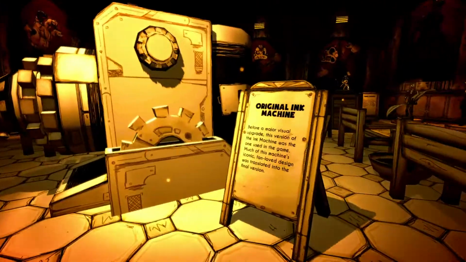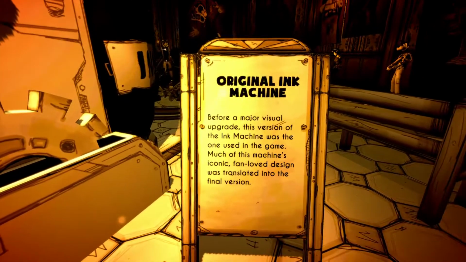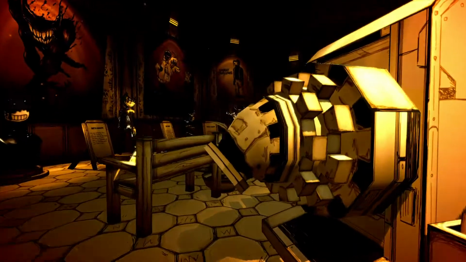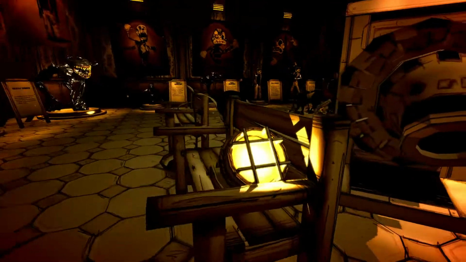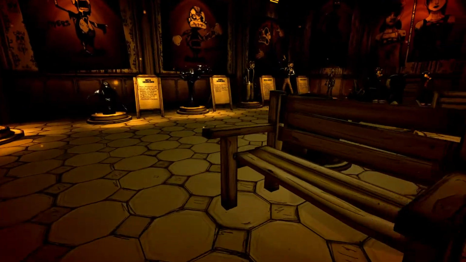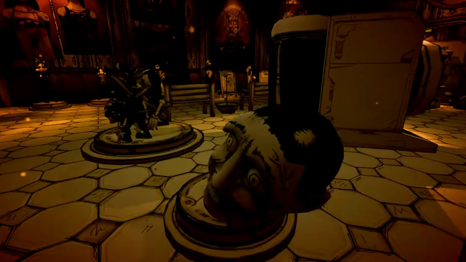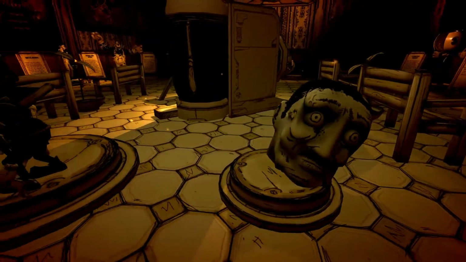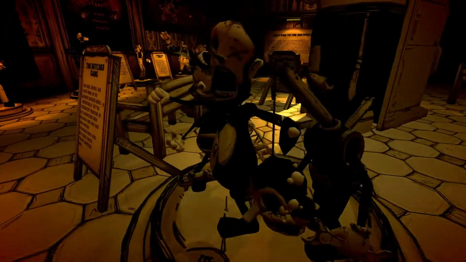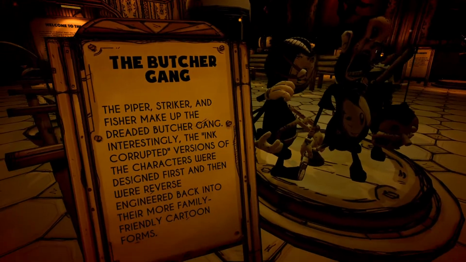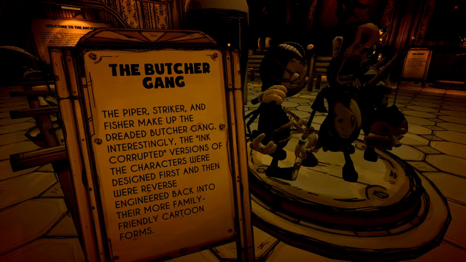There's the original ink machine. Before a major visual upgrade, this version of the ink machine was the one used in the game. Much of this machine's iconic fan-loved design was translated into the final version. Oh, there's Bertram. Oh, the Butcher Gang. The Piper, Striker, and Fisher make up the...